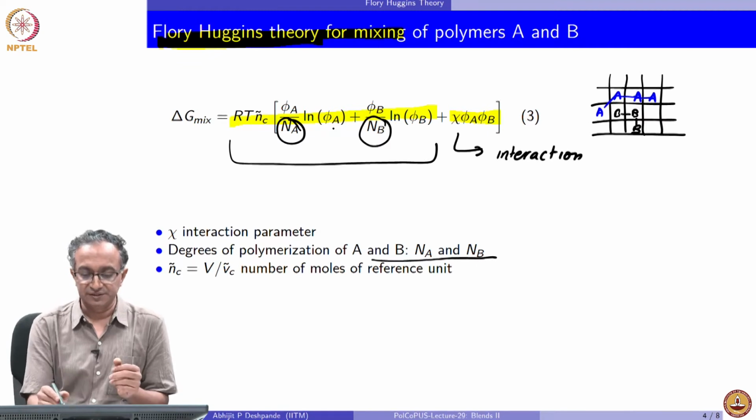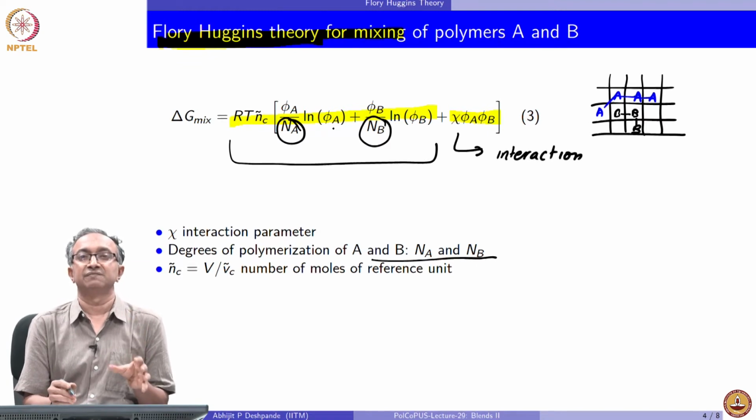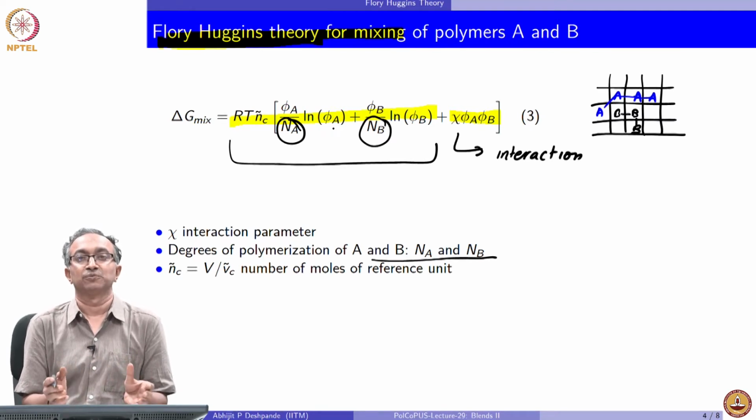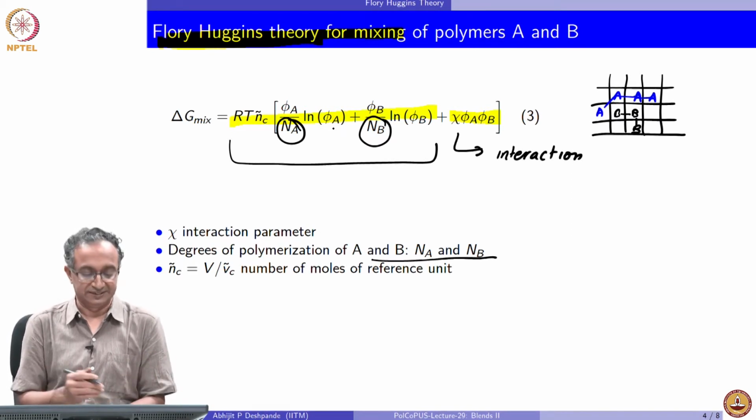And so any amount of interaction which is not favorable will immediately induce immiscibility in macromolecular systems. That's the reason polyethylene and polypropylene are also immiscible. So unless we have on the two chains some molecules which will favorably interact with each other, like we saw in case of polystyrene and polyphenylene oxide, the miscibility is generally not present.